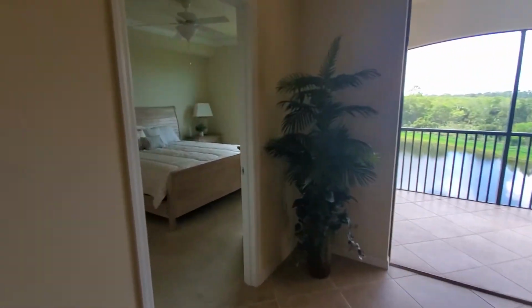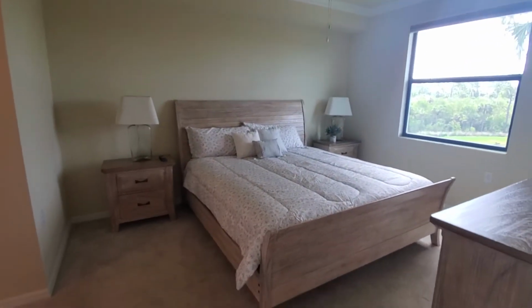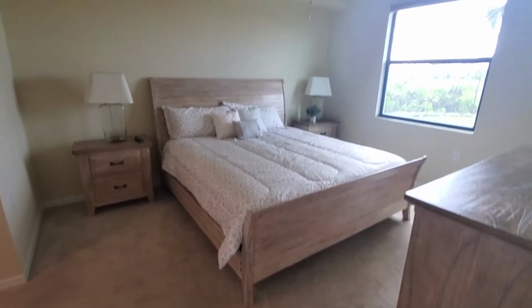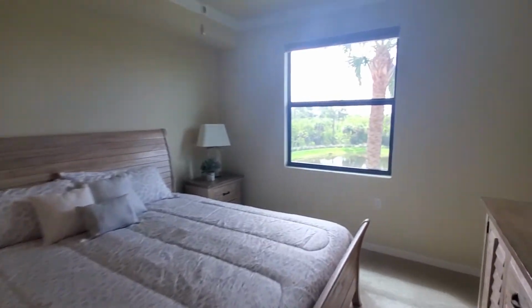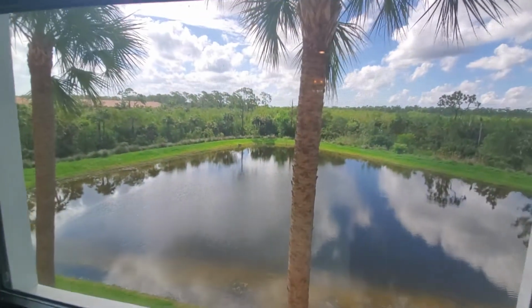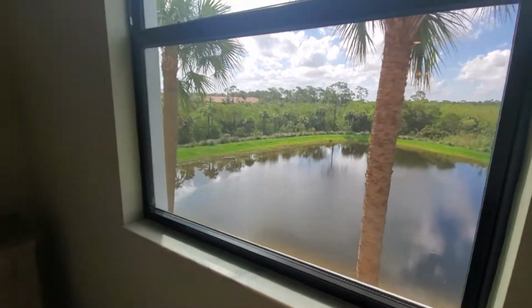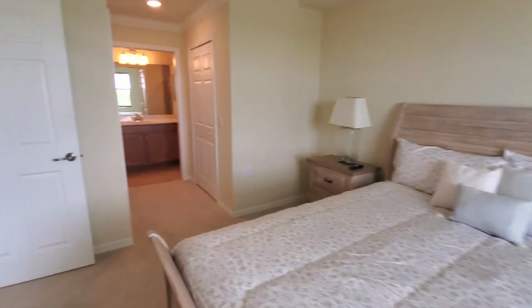Towards the back of this unit is the master. It's a huge master for a 2-bedroom condo. Nice king-size suite here with the view of the lake here behind building 16 in Giaveno. Really attractive. And behind that is the Rookery Bay Preserve, which will not be built upon, so you'll always have